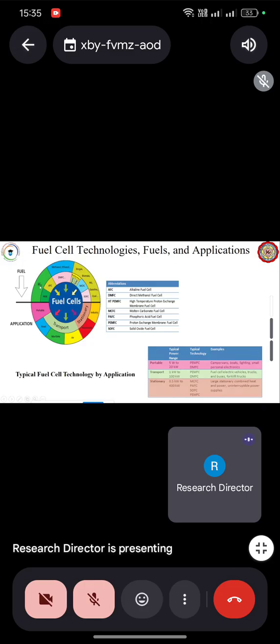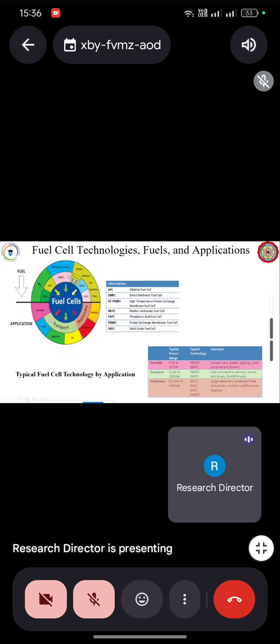Here we can also see hydrogen. We are talking about the hydrogen fuel cell. Here are methanol and biogas, different kinds of fuels. Basically, what is the major contribution of gases? So PEMFC or AFC is categorized as a hydrogen fuel cell, and DMFC is categorized in